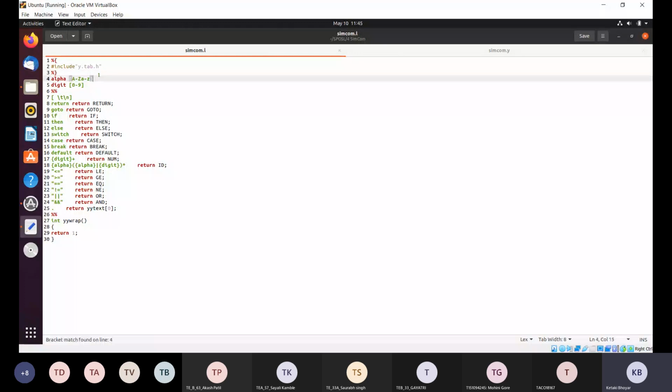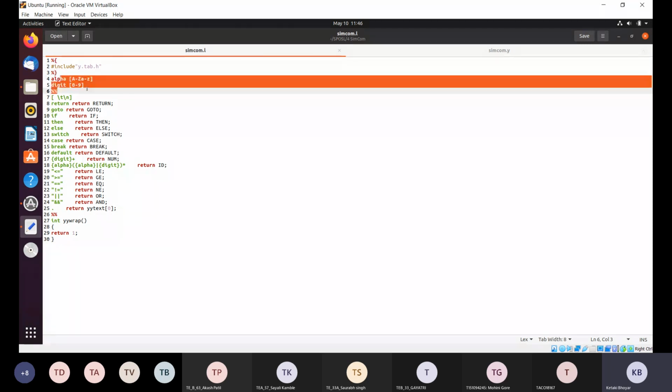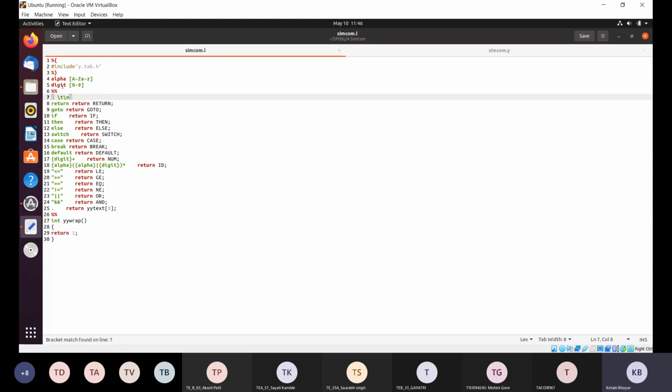The format is again the same, how to write the lex programs. So #include y.tab.h. It is the header file which is generated after executing the yacc compiler. After implementing the syntax analyzer, this file is generated, and this header file should be included in the lex code so that the generated tokens are automatically used by the yacc program.